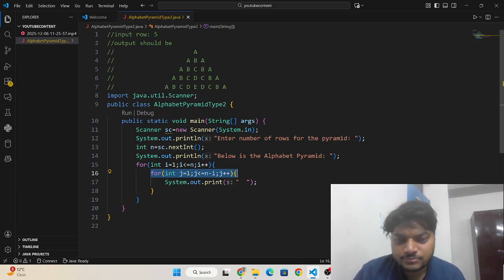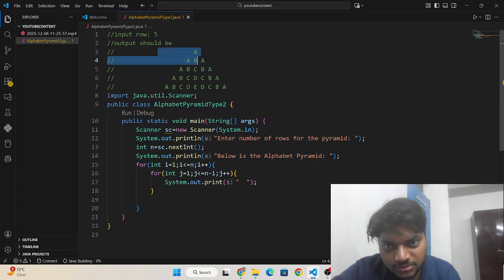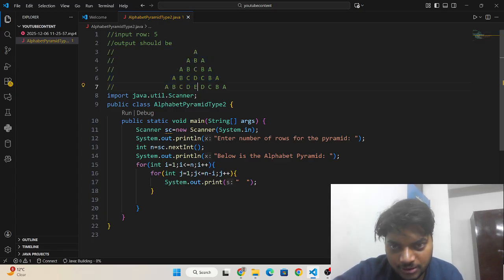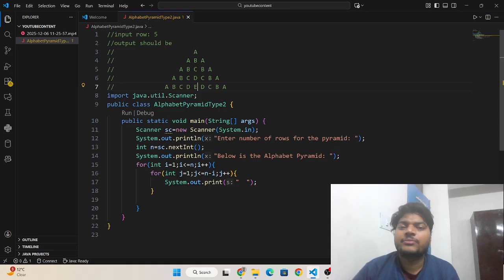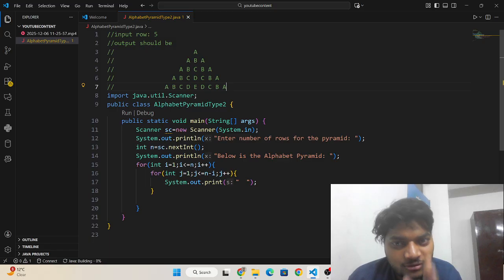And now I am going to write logic to print these things, from the middle of the pyramid to the left: a, a b, a b c, a b c d, a b c d e. Then I will write logic for the right part of the mid element.